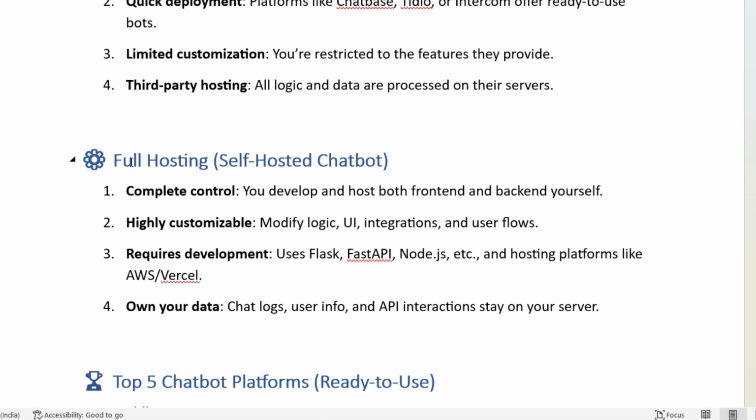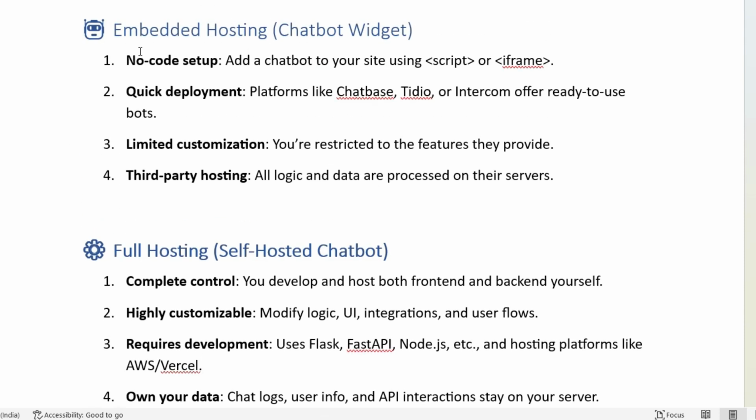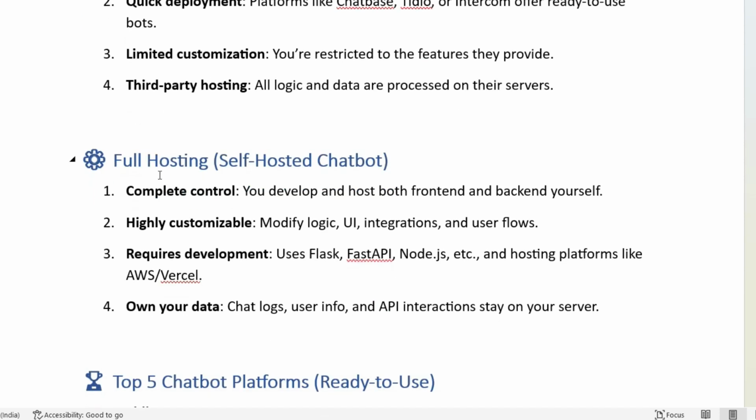Full hosting means we again need to take the URL and customize with Flask or FastAPI, and we need to use services from AWS or Vercel by using code, Flask, FastAPI. And this is the intermediary which takes this and modifies it. Apart from this, Hugging Face is also there. So it is better to have embedded hosting rather than full hosting in the case of a chatbot.